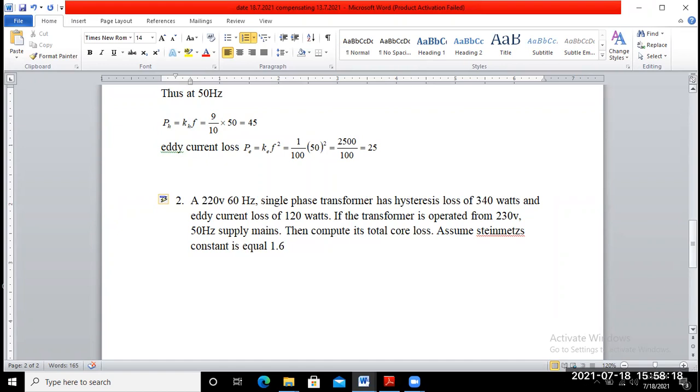Your operating voltage and frequency are changing. You know the relation of supply voltage or EMF induced of this transformer in terms of frequency and maximum flux density. What is the EMF induced equation? The induced EMF is almost equal to the supply voltage, so you may consider the induced EMF equal to the supply voltage, that is 220 volt or 230 volt as given. Try to solve this problem based on that formula of EMF induced in a transformer.